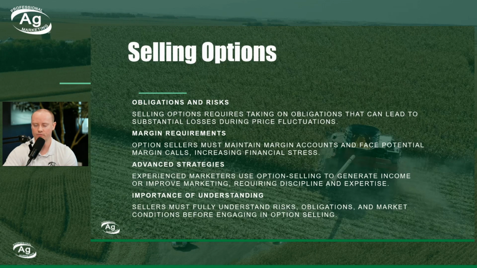What can I do? Well, you could go up and sell a call, for example, above it to help pay for some of that put premium. And this is one of those collar, window, fence strategies that gets used a lot when you have a physical commodity backing it up. Because if I'm growing corn, I can sell a call and not worry about price going up because I can sell that physical corn and make up that profit. Sellers must fully understand risks, obligations, and market conditions before they encounter any option selling, for sure.